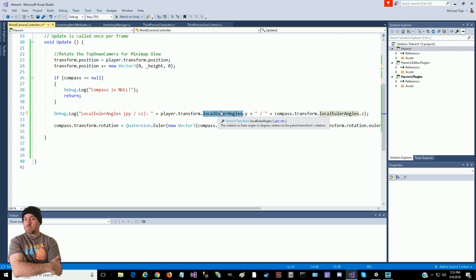Now, the one that we're kind of interested in, like when the player rotates left and right, if the player was standing still, rotating left and right, the player object is actually rotating on its y-axis. And so I went ahead and displayed out the y value and saw that the localEulerAngles